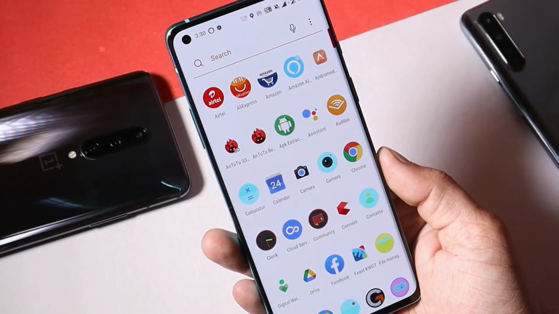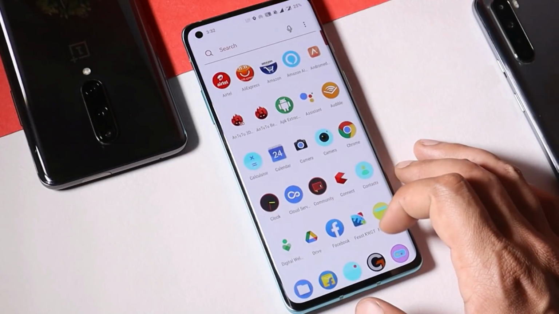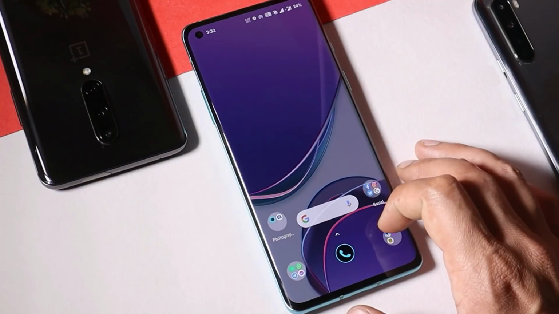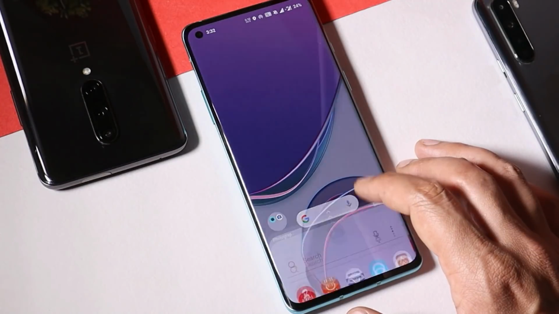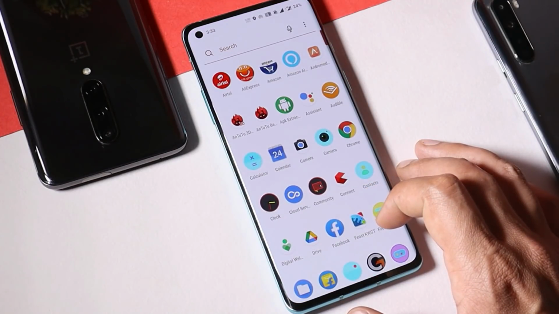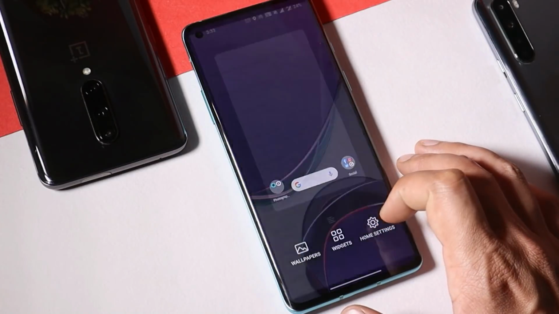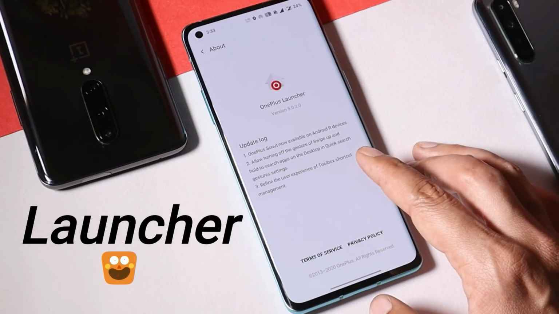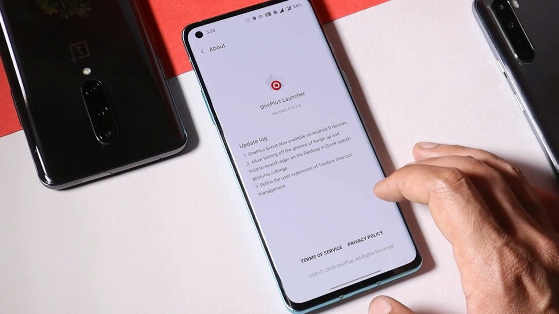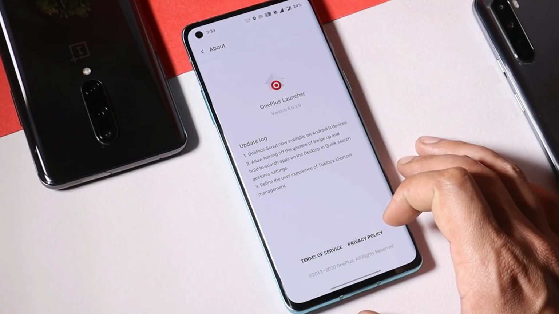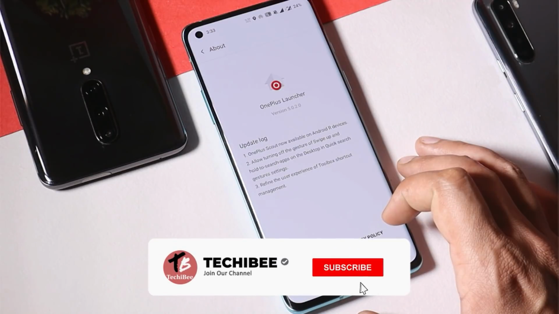been acknowledged by OnePlus. Most of our users have been facing issues related to navigation, and even I used to face that issue, but after updating my launcher to the latest version, I no longer have those issues on my OnePlus 8. So right now you can see the current version on my device is 5.0.20, and if you guys don't have this APK, I'll leave a link in the description below. You can download and install it manually, because after updating the launcher to the latest version, I don't have any kind of issues related to navigation.